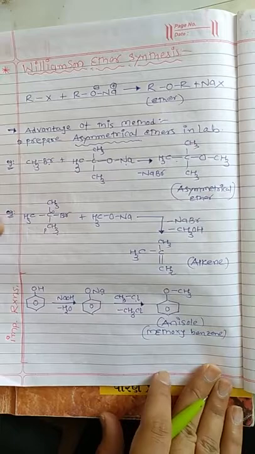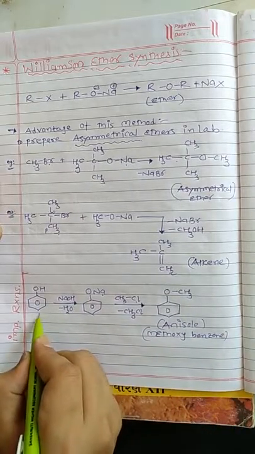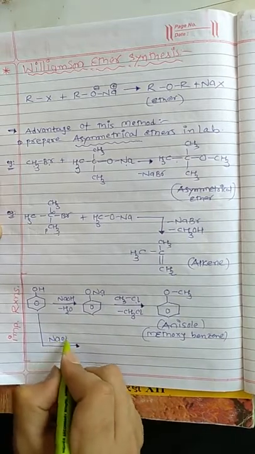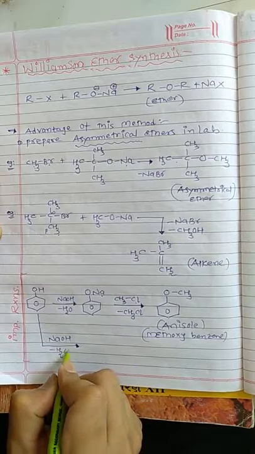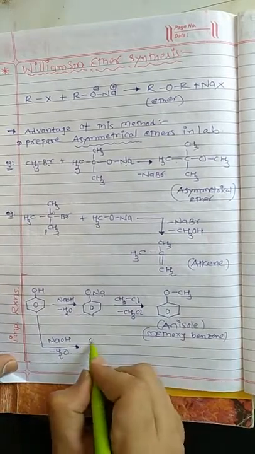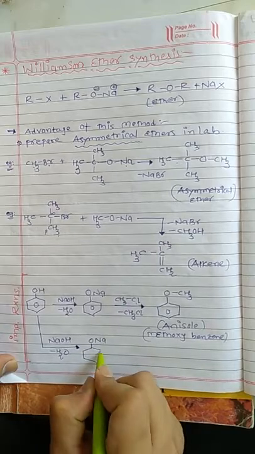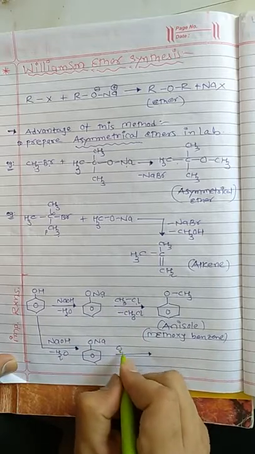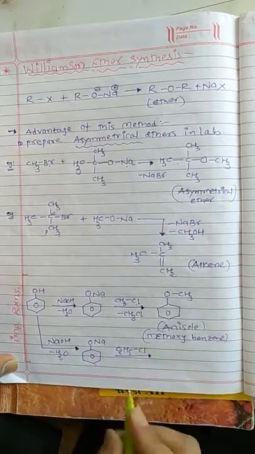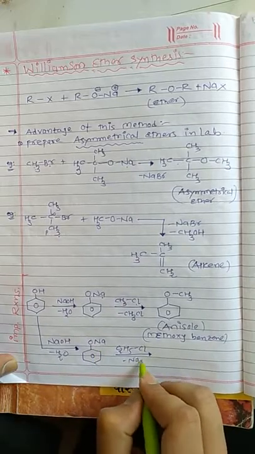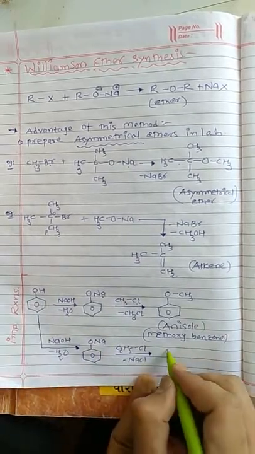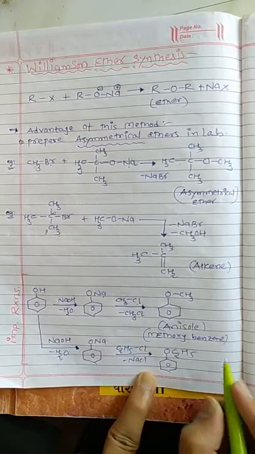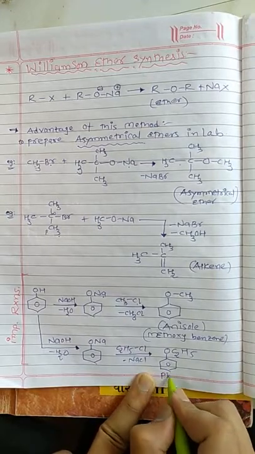Now the second one, it is the preparation of phenetole. So when phenol reacts with sodium hydroxide, we know that with the loss of a water molecule, first of all it will give sodium phenoxide as the intermediate. Now this sodium phenoxide reacts with, instead of methyl, suppose we write C2H5, meaning an ethyl group, over here. So here Na, here Cl, in the form of NaCl, to form OC2H5 having a phenyl ring.